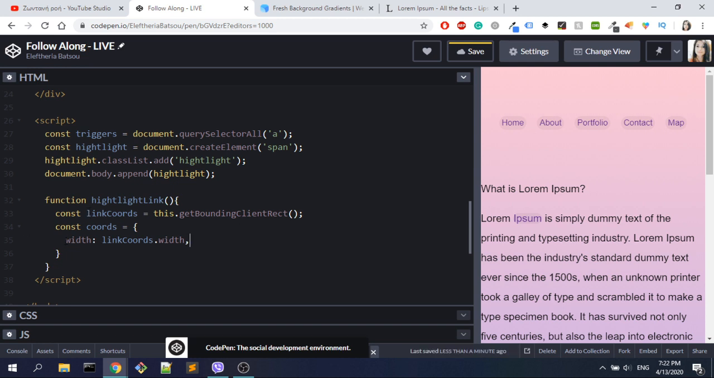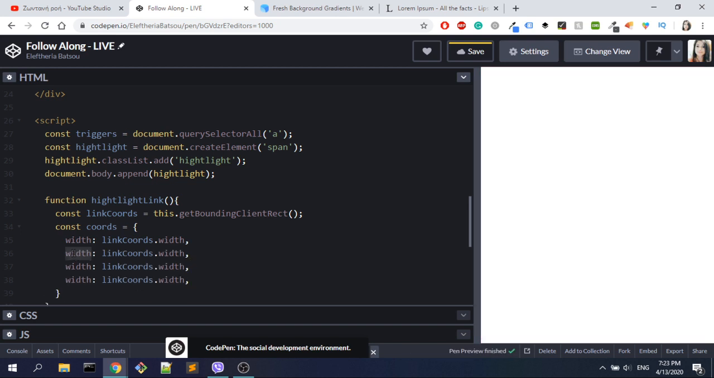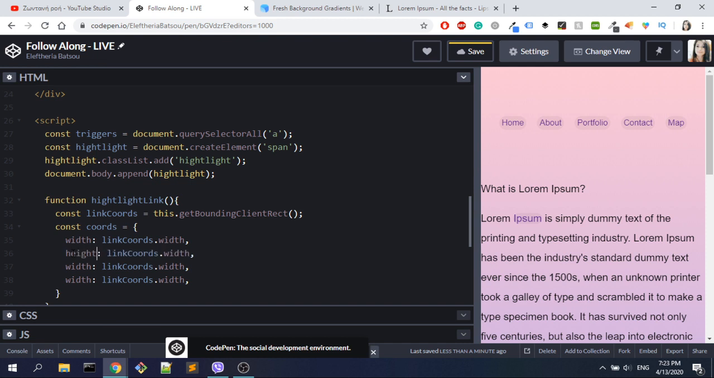It's going to be our link coords with the width, and then you need a comma. I'm going to copy this line and paste it three more times, but instead of width here, I need a height. So let's also take the height, and then I need to play with the top and also with the left. So let's go again here. I have link coords, and that should be dot top